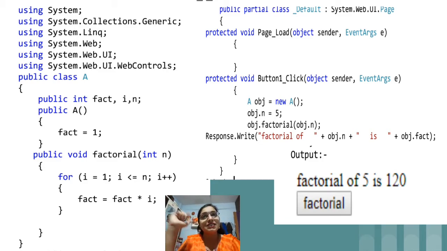After that, in the same class A, I have created one more function, that is void factorial, which is a parameterized function having one integer parameter, that is int n. This n is nothing but the actual number. If I want to calculate 5 factorial, then I have to multiply 5 into 4 into 3 into 2 into 1. If I want to calculate the factorial of 3, then what multiplication will we do? 3 into 2 into 1, right? So this n is nothing but the number of times we are going to multiply, which will be indicated by the n variable.